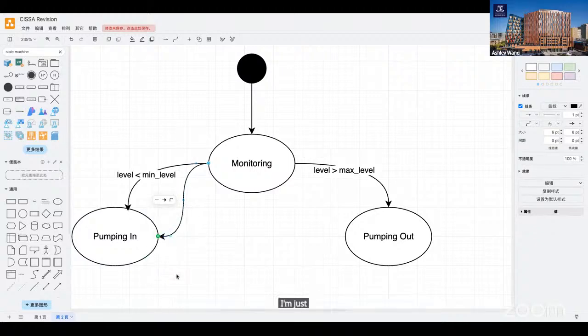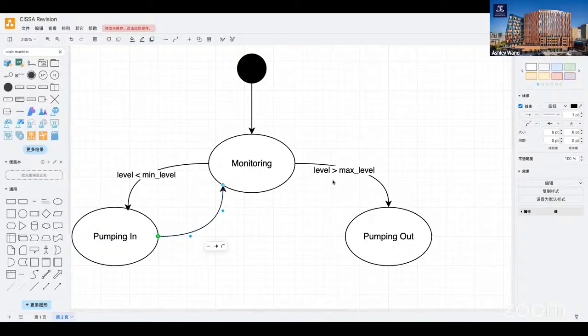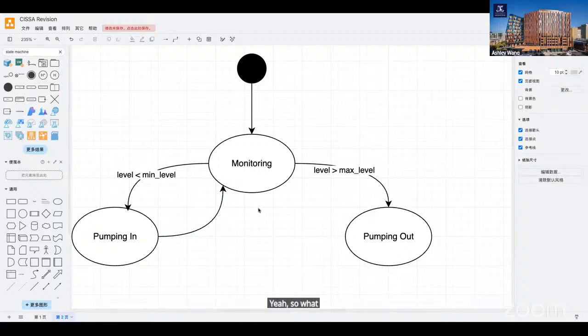I'm just gonna do it that way. Oh, should be the other way around. So what's the condition for going back? Level above mid level plus lower level. Yes.